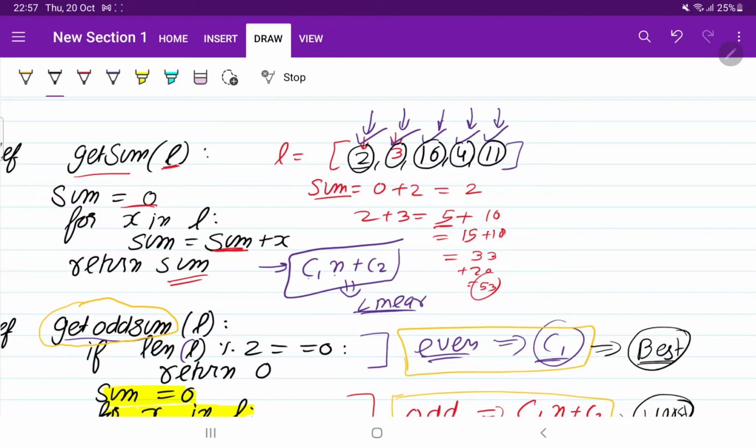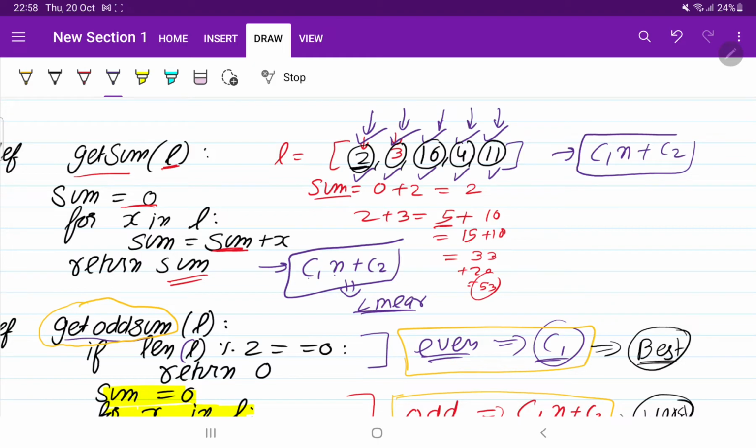You have to traverse the entire array. If I ask you to find the maximum also, then you need to check each and every element, and only then will you know which is the maximum. If you need to find the sum also, then you need to go to each and every element. It means you are sure here that we need to traverse the entire array. It means it will be some linear time complexity.